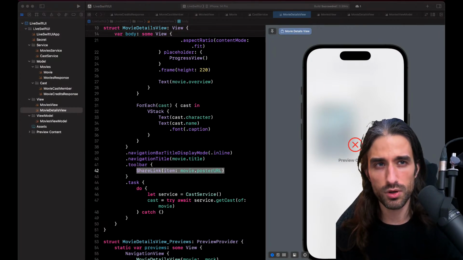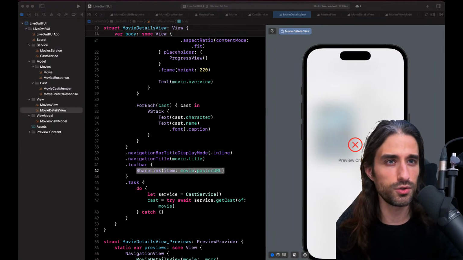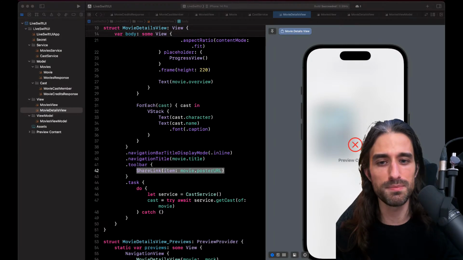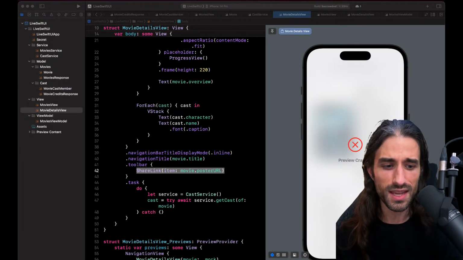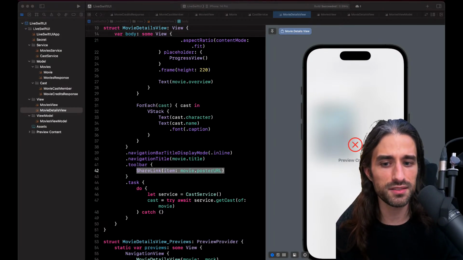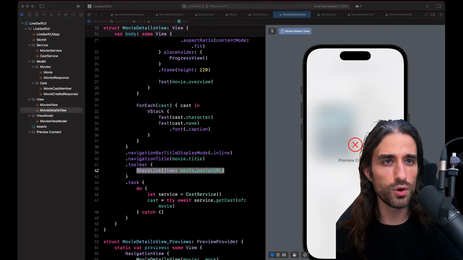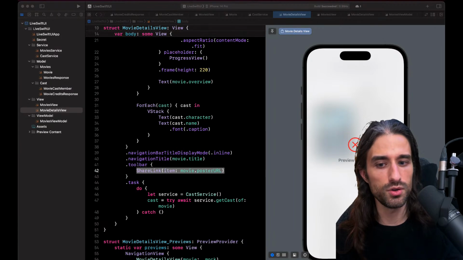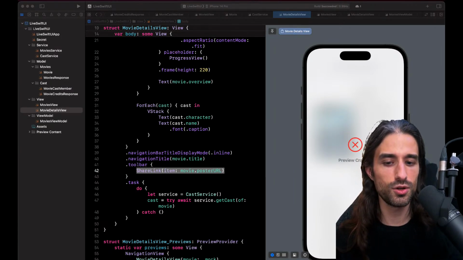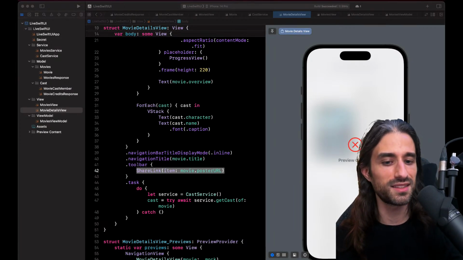Then we made a network call. We used Decodable to decode a JSON into a struct. We used the task modifier to implement an async call when a view appears. We saw the @State modifier to be able to redraw, update the UI when a piece of data changes in a view. We saw how to implement a loader. Then we talked about architecture by implementing a simple view model. We talked about what ObservableObject, @ObservedObject, and @StateObject were.